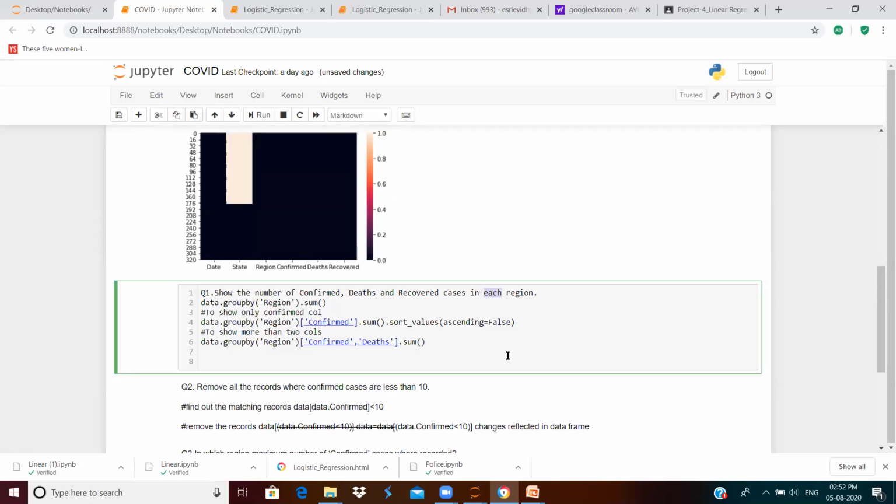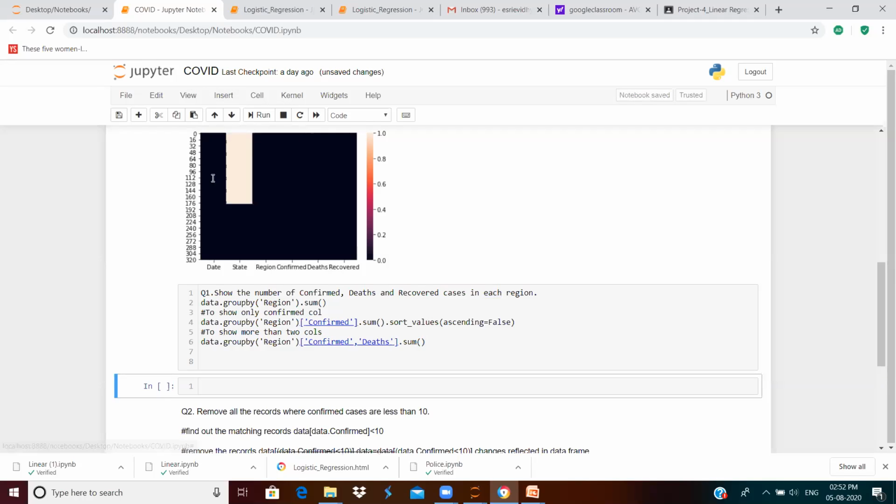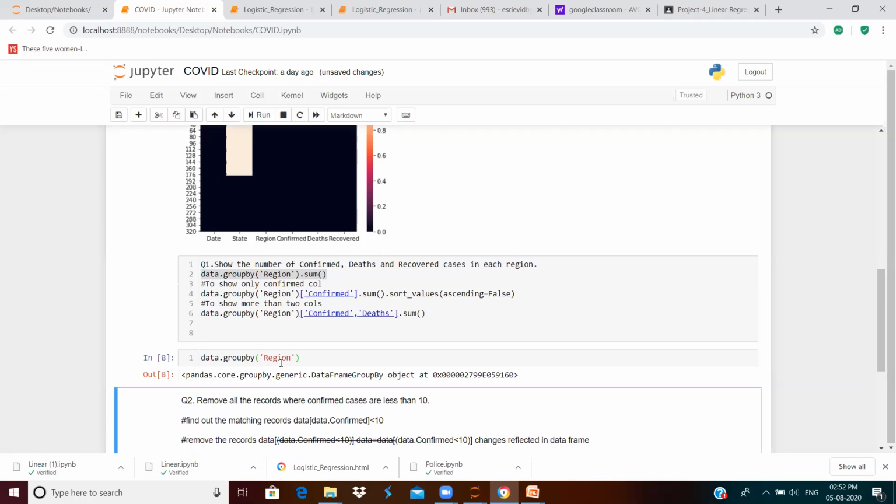So you will have to use group by, and we will see how this is working, right? So now let us group it. I am grouping the data frame. Now the entire data frame has been grouped with respect to region.